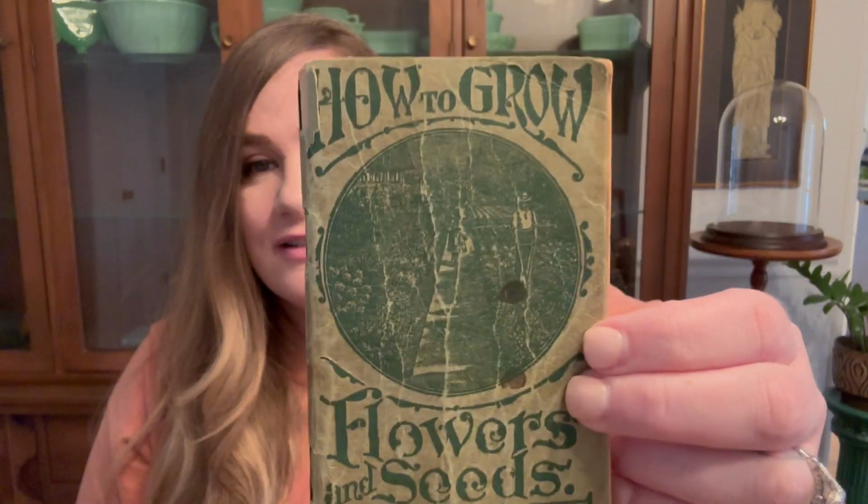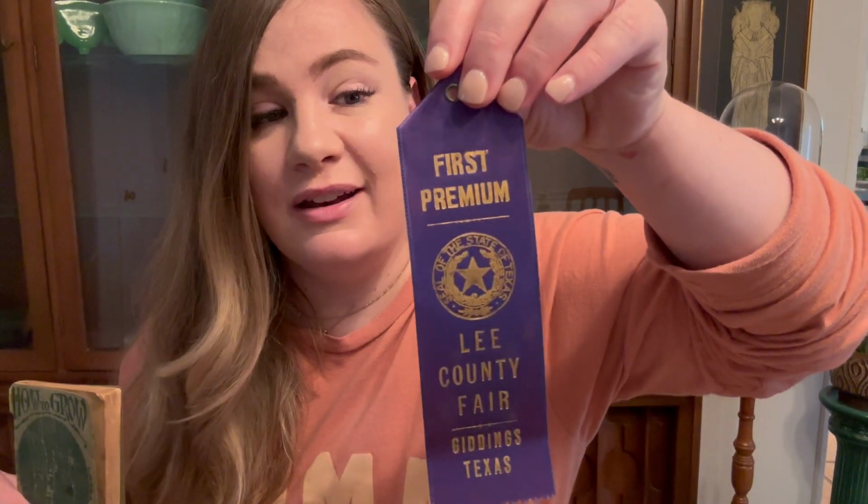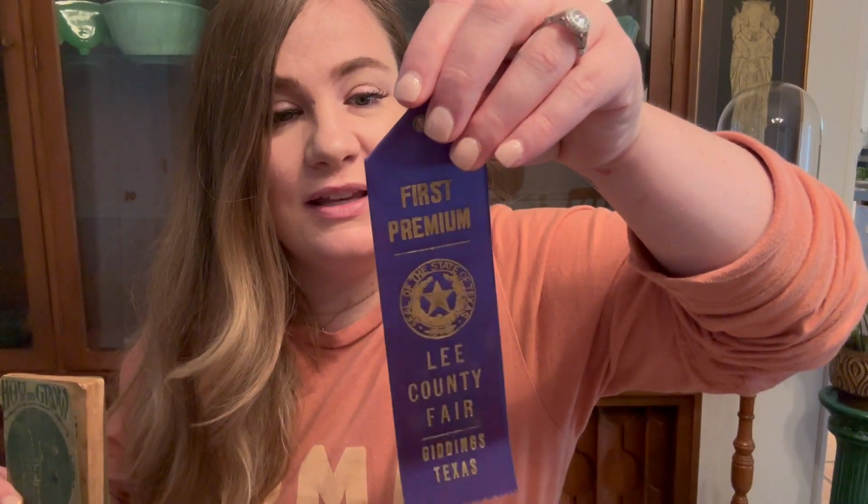So this is her little flower and seed book. So this is from when she was a child. It's from 1918. And then I'll just kind of show you all the amazing pictures in it. It's phenomenal. So he sent me this, and then he sent me a ribbon she won. So she won this in 1954, and it's her little blue ribbon from when they lived in Texas for a little bit of time. So these two things, I'm probably going to try to frame them because they're really, really